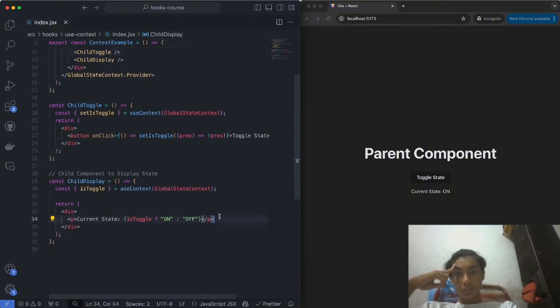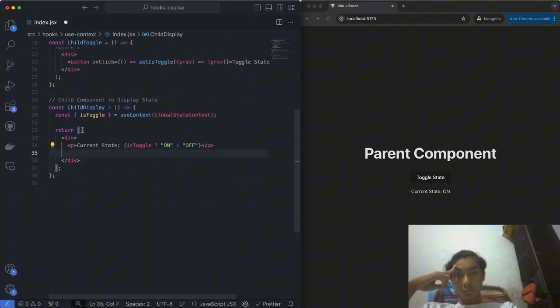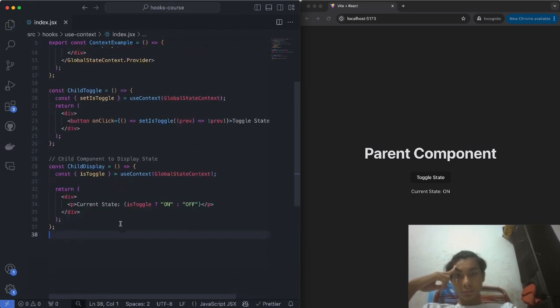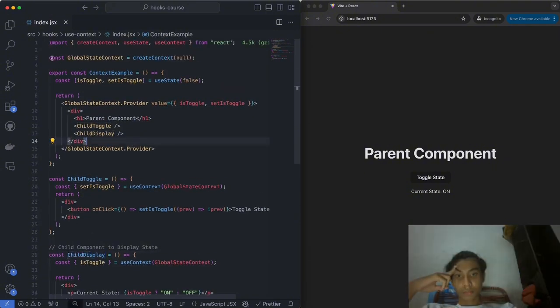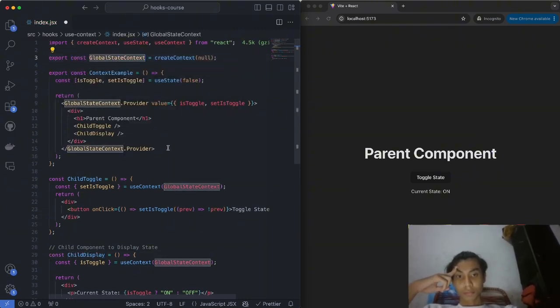The example we gave before is the same. If I wanted to access this isToggle on a grandchild component that I create and call inside of here, I could technically just call this use context on there as well. And usually, I'm making all of these components in one file. Usually, you obviously have components in their individual files. So I would have a file for this child toggle and one for this child display. Technically, usually, you would export this global state context and just import it into all of those files,